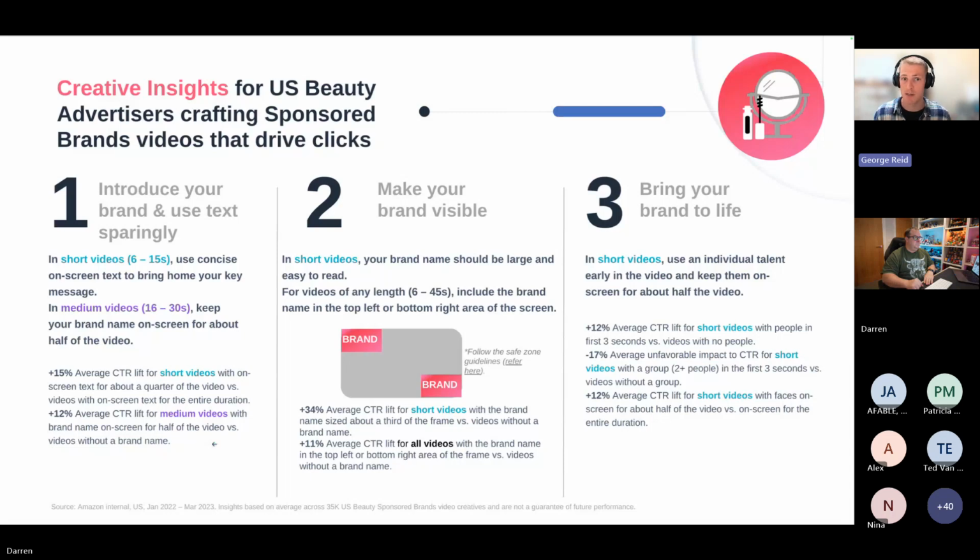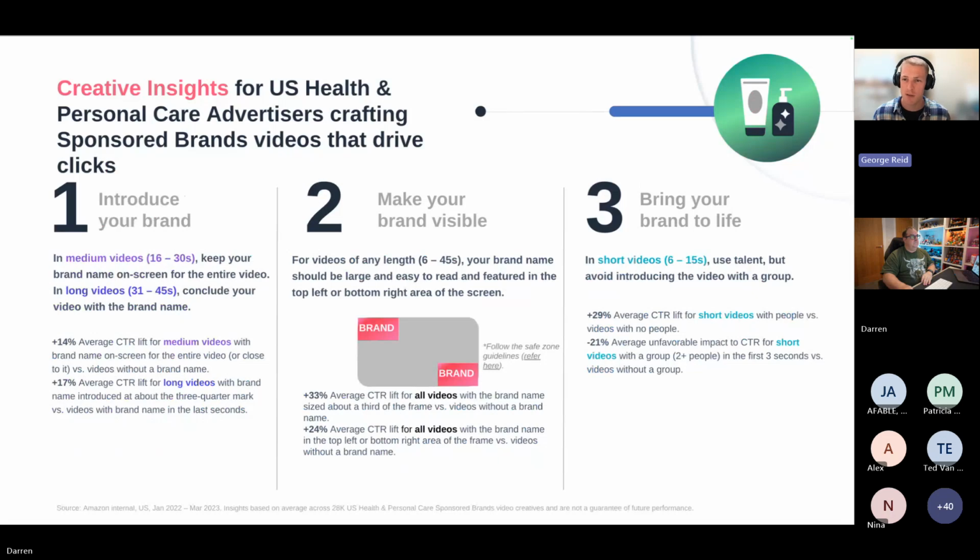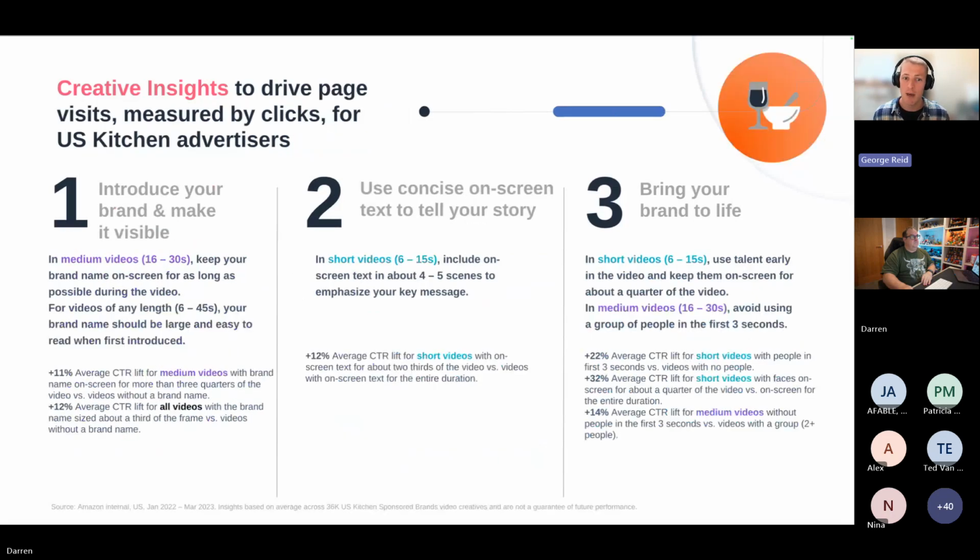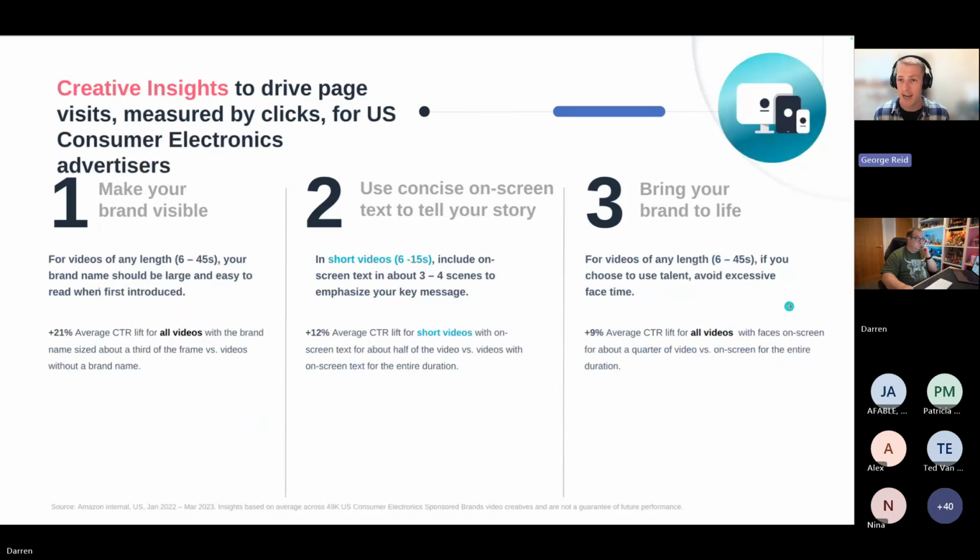There's more information on this slide. We're not going to dig into it right now. We've got 4 more slides just like this, which compares different categories. Now, what you want to do after this is just go through this information in your own time, just to see how do you compare and benchmark against the competition or the average, and what length videos you should be creating based on your category.